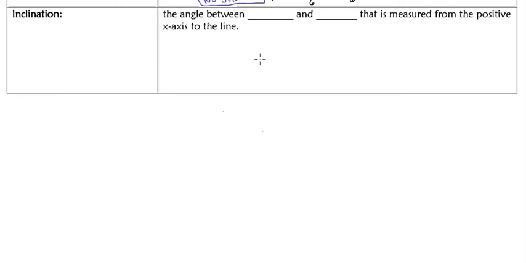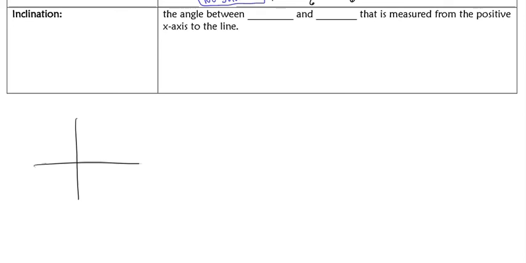All right, here we are. Inclination, and this is going to be out of trig for a little bit here, so don't think of this necessarily in terms of the unit circle or anything like that. Just inclination. What it's going to be is, if you have a line, and here's a coordinate plane, and